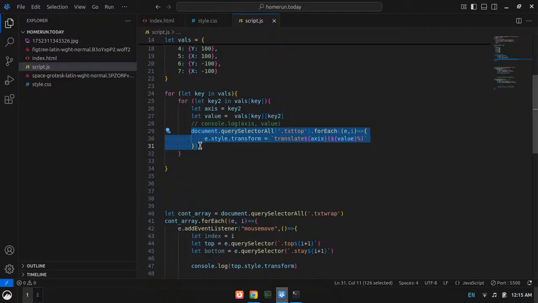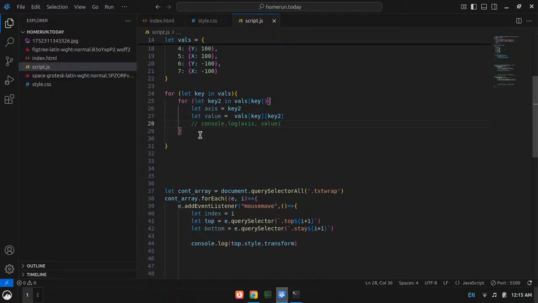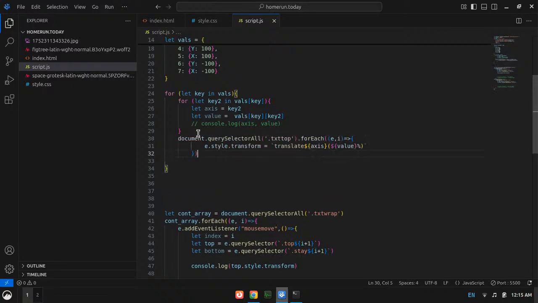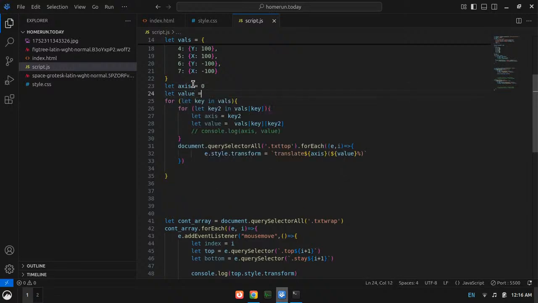Okay, I see. I am doing it wrong. I need to do it outside this loop, right? Now I need this: let axis equal to 0, and then let value equal to 0 as well.